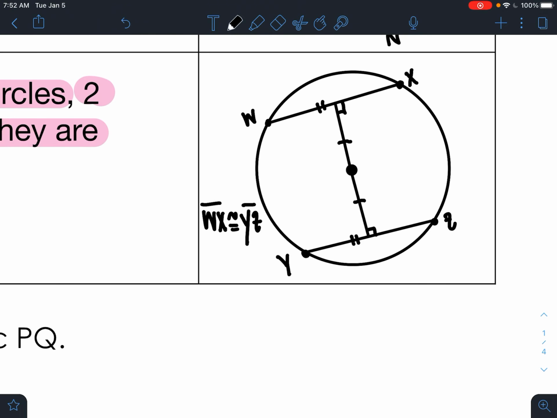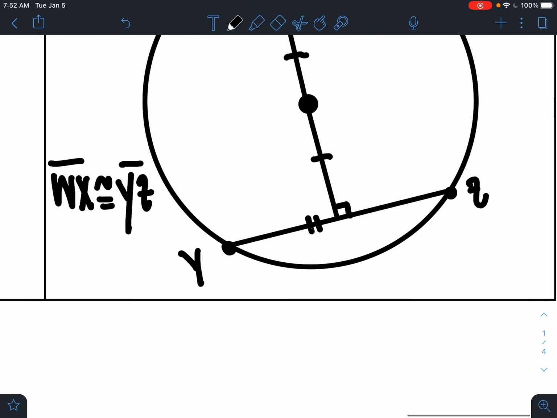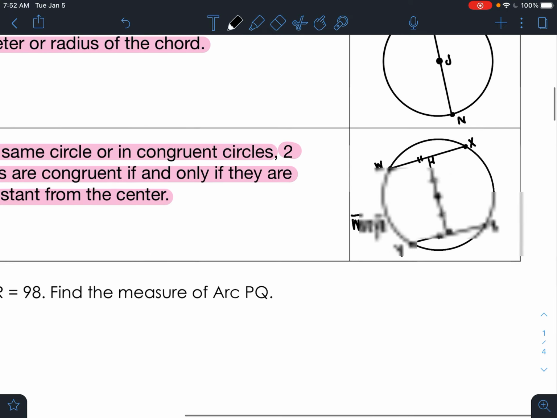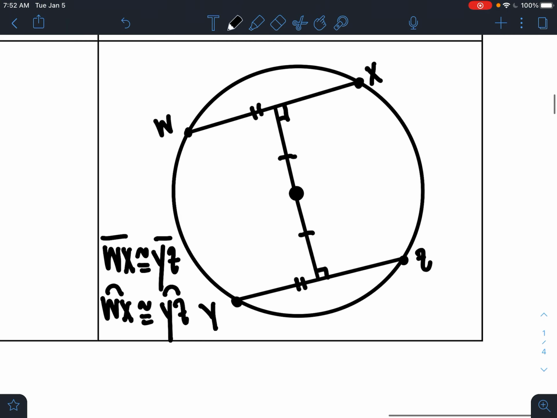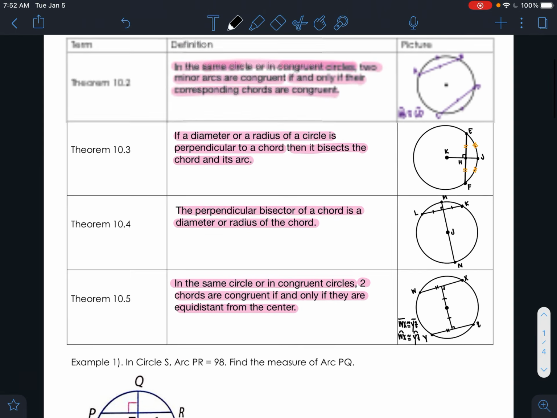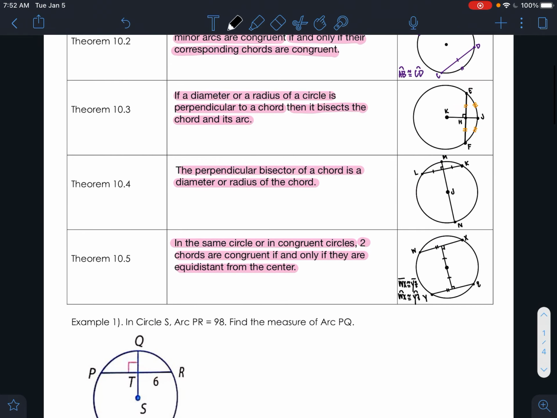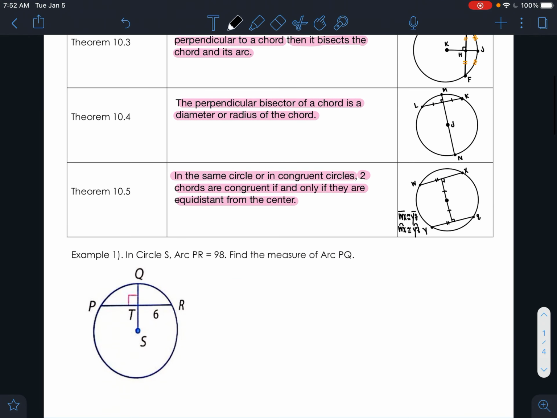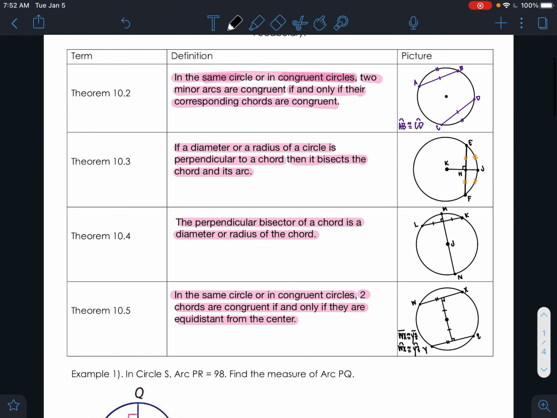That's our conclusion. And then if we know that WX and YZ are congruent, then we also know that arc WX has to be congruent to arc YZ. But it has to be equidistant. It has to be the perpendicular distance from the center. So I'm going to pause here. And after this, we're now going to apply